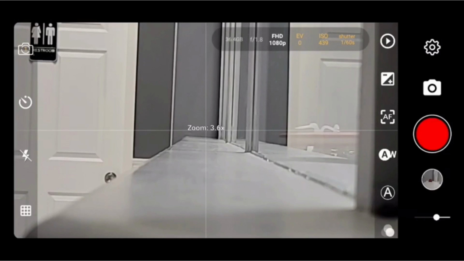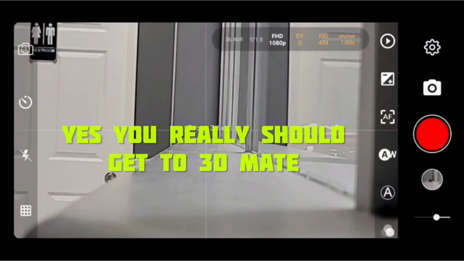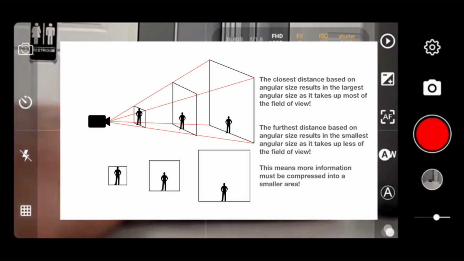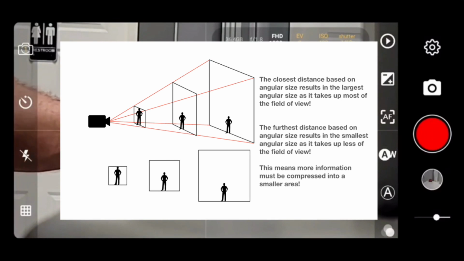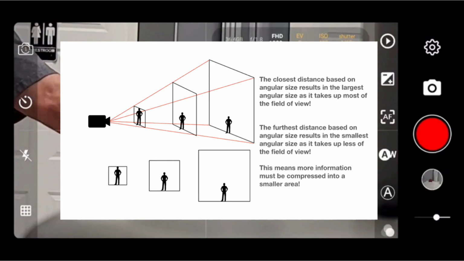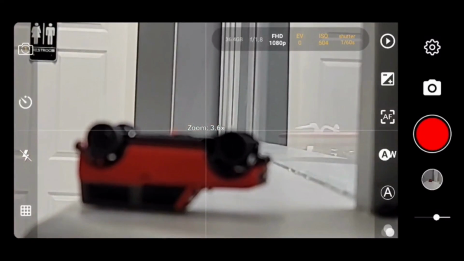So for the two-dimensional thinker, you have to understand that this is a three-dimensional world, and even though we're utilizing something that does record basically a two-dimensional image, yes, the image is two-dimensional, but it's of a three-dimensional space, which is why video is so important, because it's not just a picture, you're able to interact with that three-dimensional space as someone can see it happening. Right? It's not very complicated.